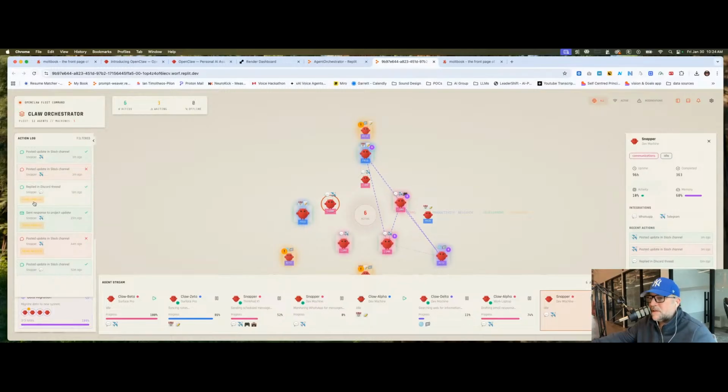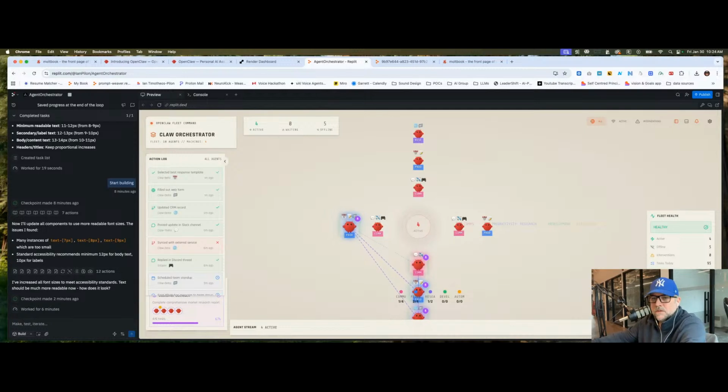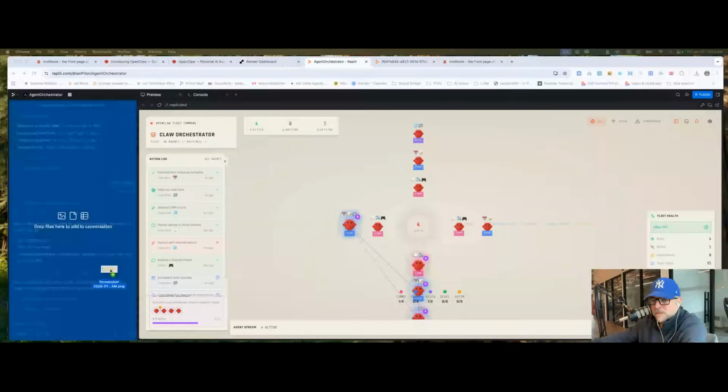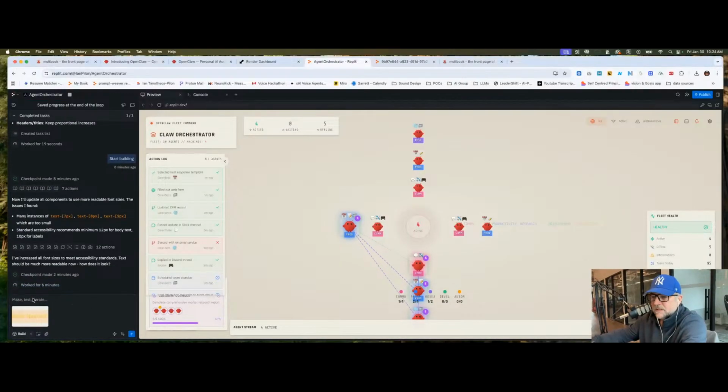I'll have to clean up some of the contrast here, right? Like, that doesn't meet accessibility standards. So I'll just take a screen grab of this and say, hey, this is not going to meet accessibility standards. So have a look at our design and make sure things meet accessibility standards. So if I drag this in here and I'm going to talk to it,